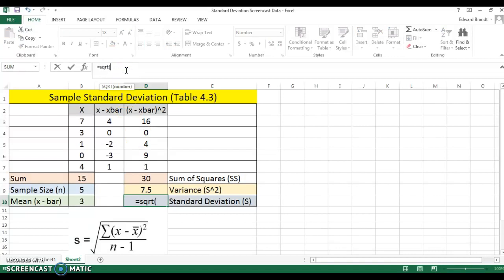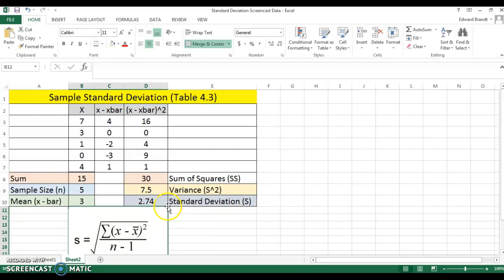So I'm going to finish typing SQRT, and then in parentheses, actually right now I can just click on this. Pardon me, I made an error there. Get the parentheses symbol in there. Click into 7.5, which is saying it's taking the square root of this cell, and enter. And I get this at 2.74. Okay, that is the standard deviation. I wanted to walk you through that to